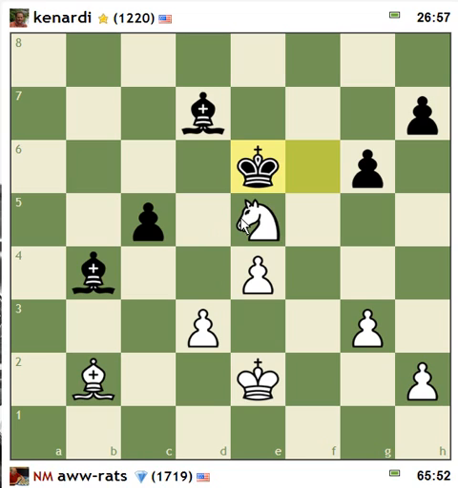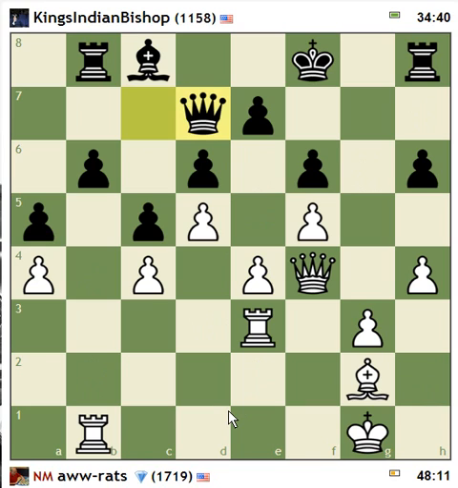Okay, so now the objective here to win is to, he's got 2 weaknesses. He's down a pawn, and c5 is weak. So let's just take his bishop, and we'll play a bishop ending here. He has to fight for the draw. Okay, you're on a pawn. Fine. I'm just going to guard it